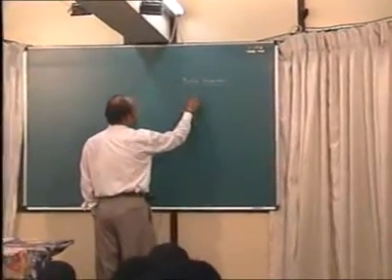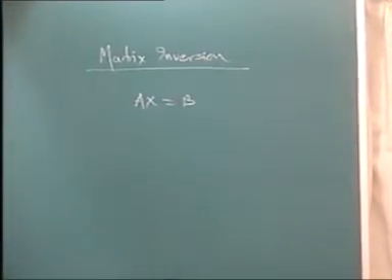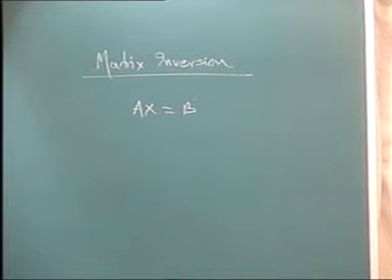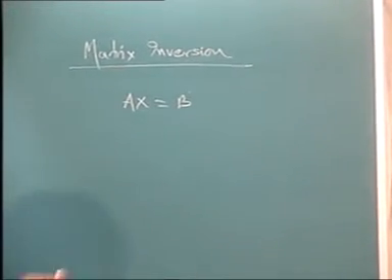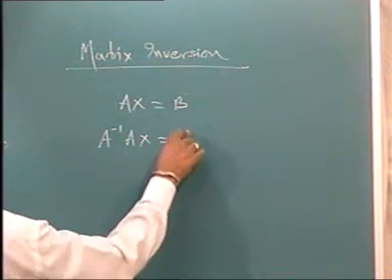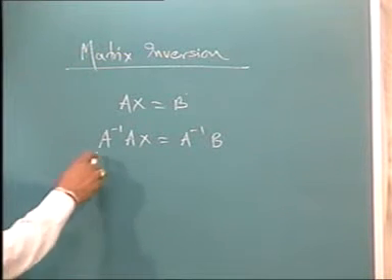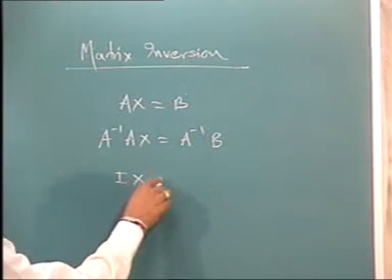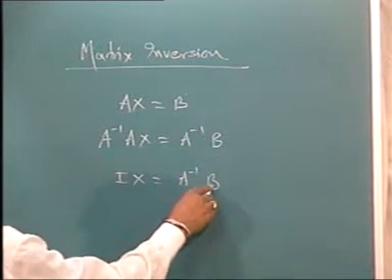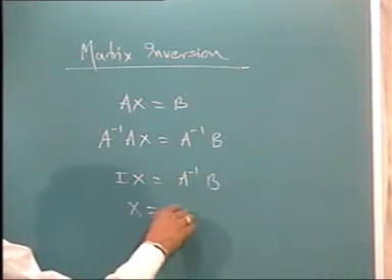Now we have seen that the system of equations can be written as Ax equal to B, where A is the coefficient matrix and B is the constant matrix. Now if we can find the inverse and multiply both sides by the inverse, it will appear like A inverse A into X is equal to A inverse B, but A inverse into A is nothing but I. So IX is equal to A inverse B. And whenever identity multiplies any other matrix, it comes out to be the matrix itself. So it will be X equal to A inverse B.